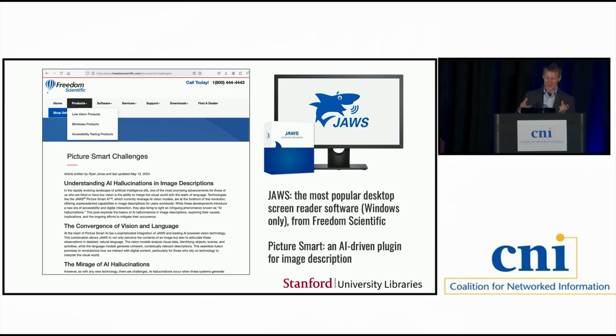Say it thinks a cat is a dog or something. So it's noteworthy that in this documentation, they're not throwing the baby out with the bathwater. They're saying, generative AI image description is still considered a net benefit for accessibility, despite problems like this. So instead, the article goes into best practices or ways of coping with potential hallucinations, and mentions